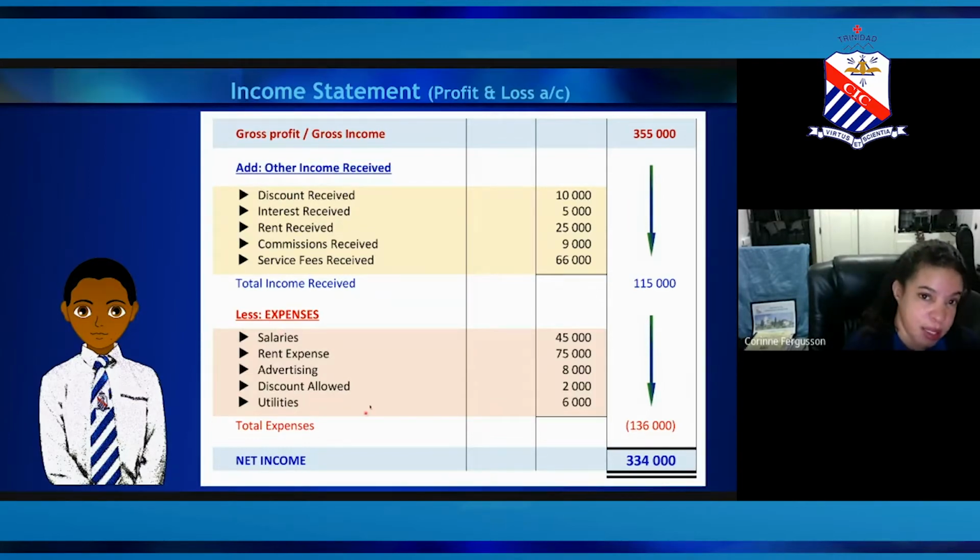And for your expenses, it will be the amount incurred, whether or not you paid it or you paid more. So it will be the salaries incurred, the rent incurred, the advertising incurred, the discounts allowed incurred, the utilities incurred. Those are the figures that we put into the income statement. Emphasizing that, right? So you're looking towards working out earned and incurred,